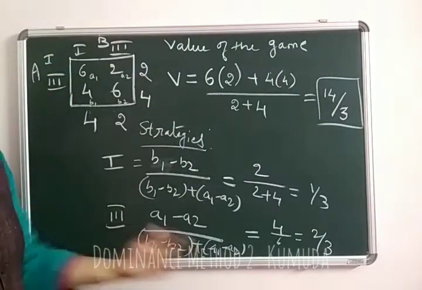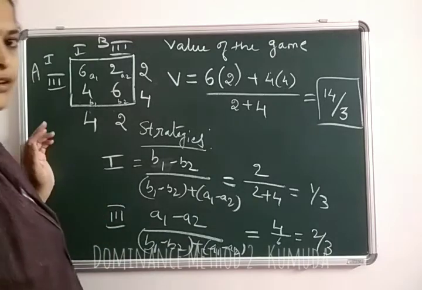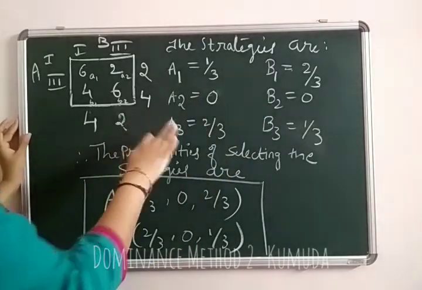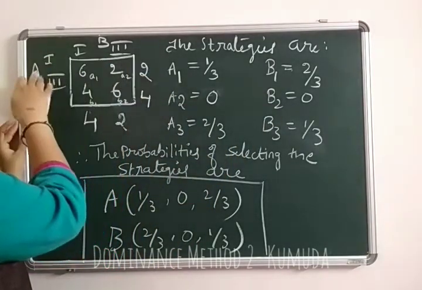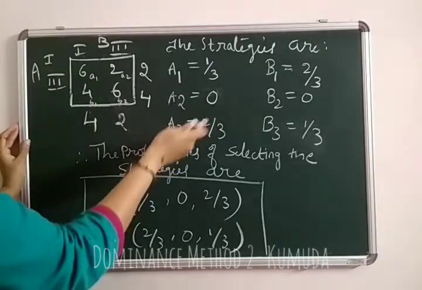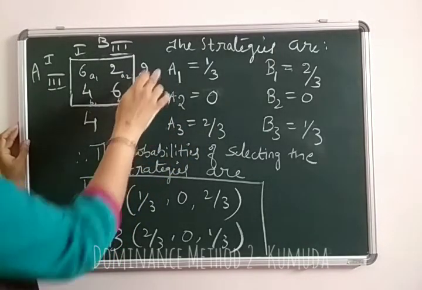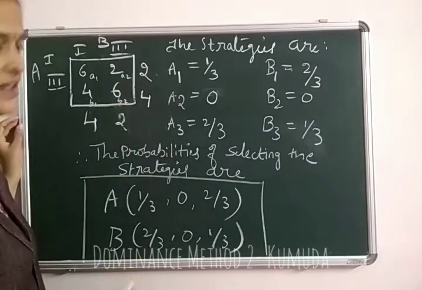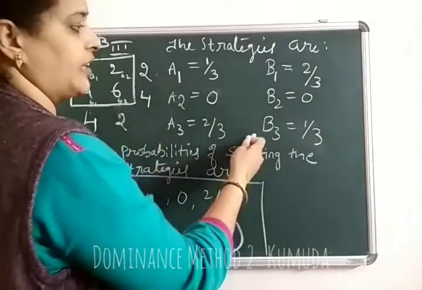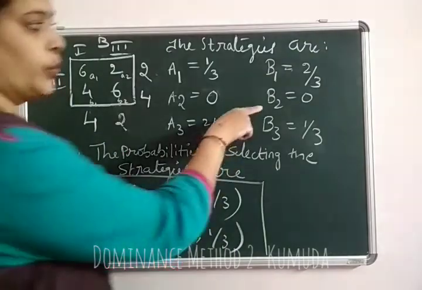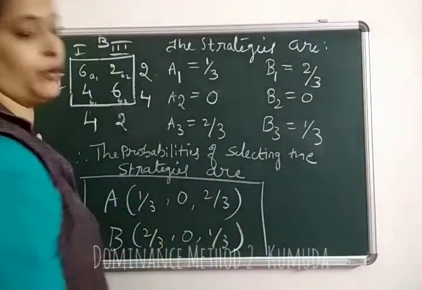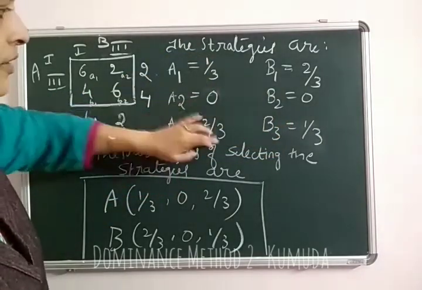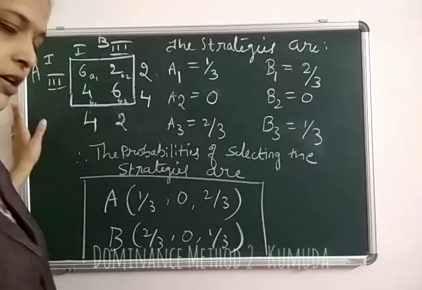At last, I give you the strategies for all the 4 cases. The strategies after using the formulas, we have A as 1, 2, 3, B also as 1, 2, 3. I've just named them as A1, A2, A3. Now here you can notice that A2 is 0, since according to row dominance, we cancel the second row. Similarly, while finding the strategies for B, B2 is 0, since the second column according to the dominance was cancelled. So we have these two values as 0 and other values are calculated using the formulas.